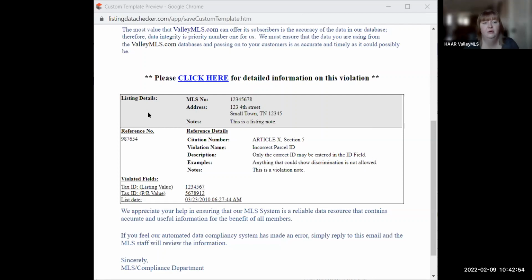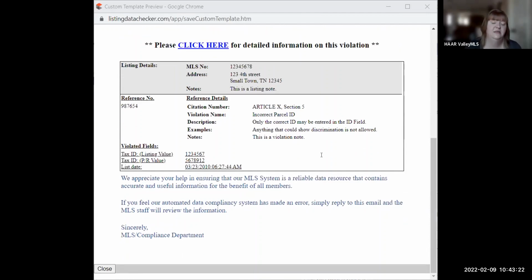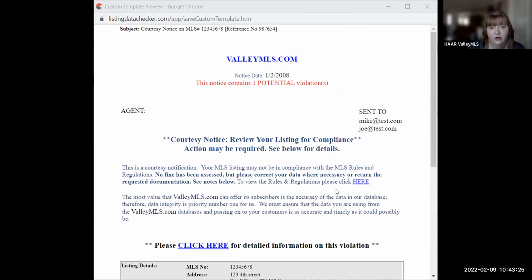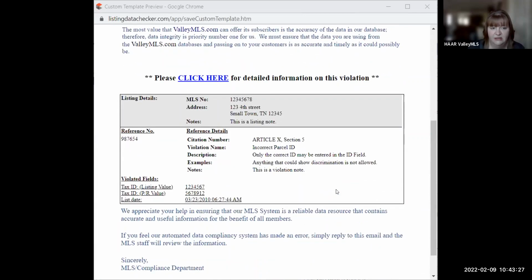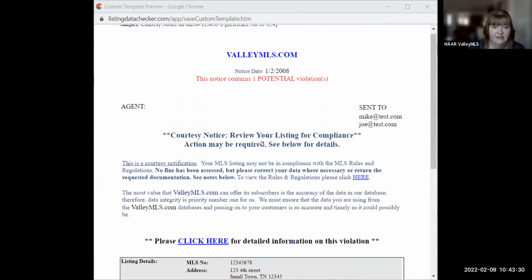It's going to give you the MLS number, which is also in the subject of the email. It's going to give you the address of the property, the violation type, if there is one. And then under notes, which is kind of a big blank space, if I have added a note, I will do it in red. Most likely I try to bold them and make them in red so that they jump out. This is where I will put the information I'm trying to convey to you or my question or whatever. So just know that that's how you read a compliance notice. And again, this is the courtesy notice, but they all do essentially look the same. It's just what it says at the top.